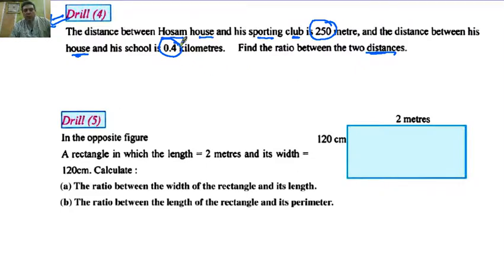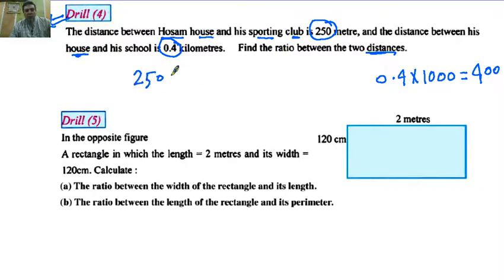We must firstly convert kilometer into meter. 0.4 kilometer multiplied by 1000, because the kilometer equals 1000 meter. Then it converts into 400 meter. The ratio between them is